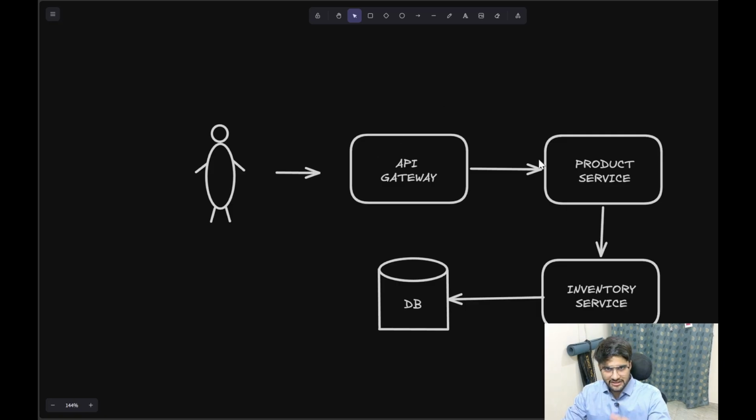And the product service needs to know, for this product, what the inventory is like, whether it's in stock or not. So that is done by the inventory service here. All of the inventory stuff is being handled by the inventory service. This inventory service has a database. Now imagine